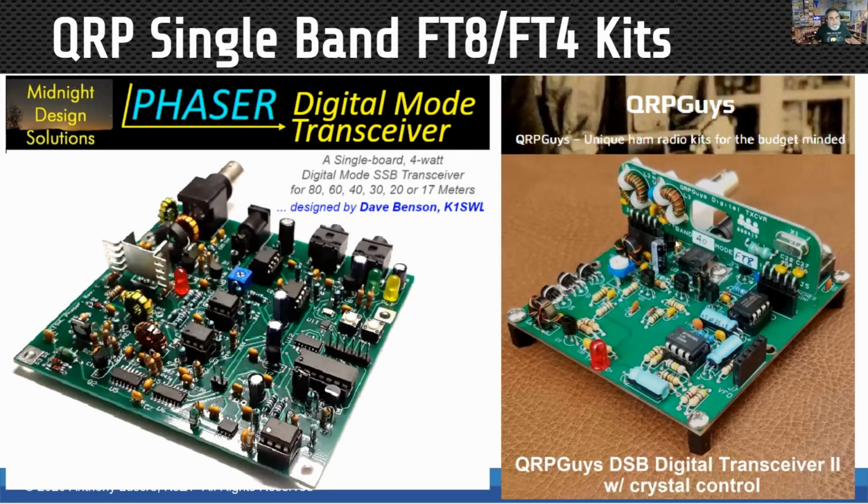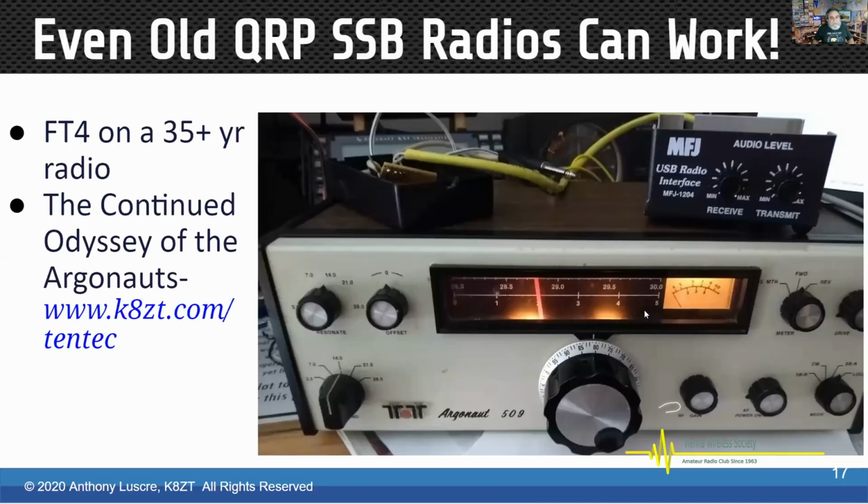Here's two kits that are out there, and the QRP guys just announced a replacement kit for this. They've dropped the double sideband and moved to a single sideband type of model, and they have band modules that plug in for different bands. The phasers from Midnight Design Solutions are single band radios, 5 watts. Or you can use an old radio. Here's an early 1970s vintage Argonaut 509 with a slack tuning dial. As you can see, it's leaning to one side there. I hooked it up with an external interface, the MFJ 1204, and was on FT8 in just a few minutes